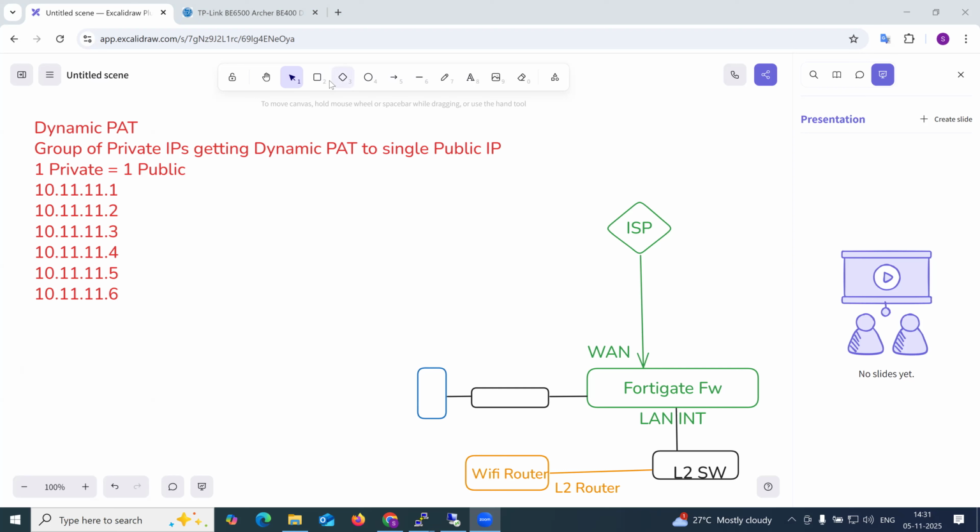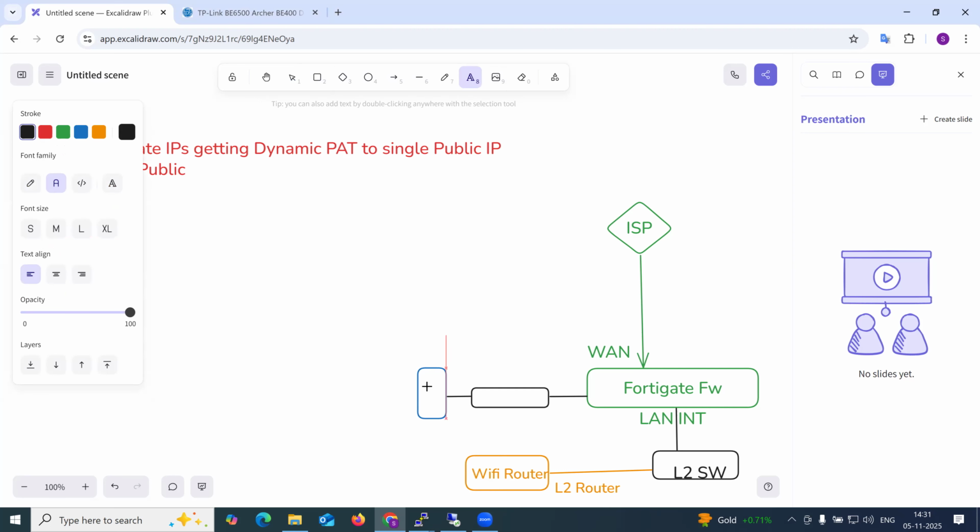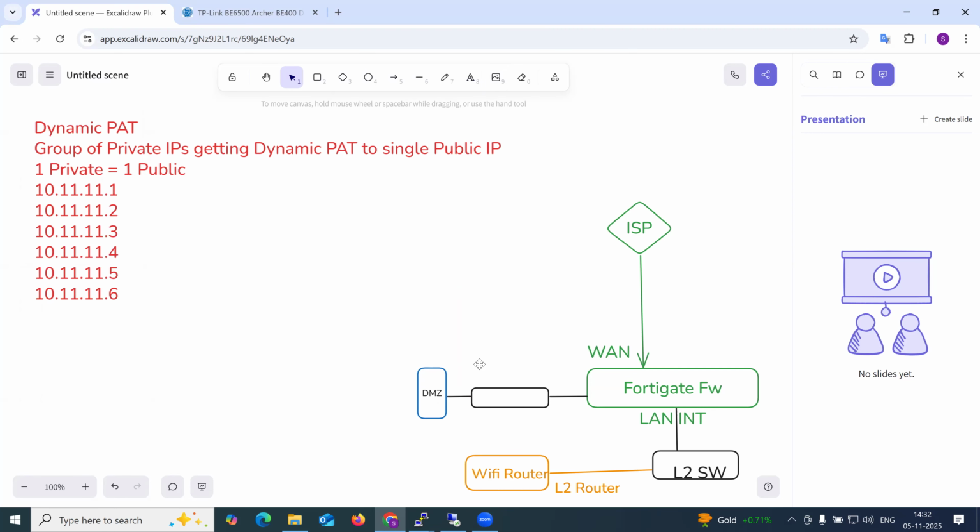So this was our DMZ. Understood. DMZ server. Now I had to take remote access of this server, right? So how would I get access? Forget about getting in,